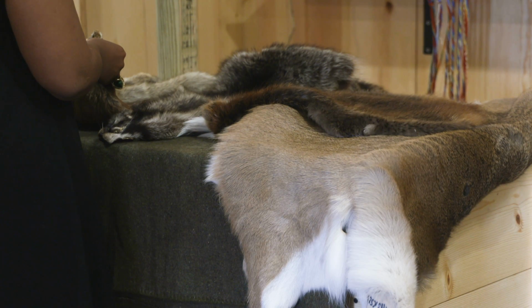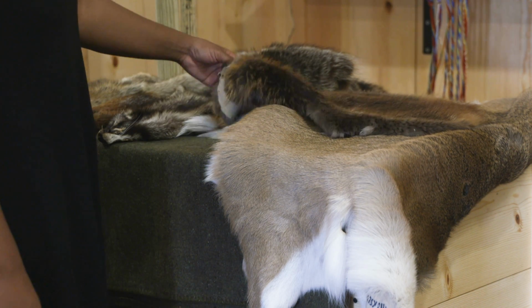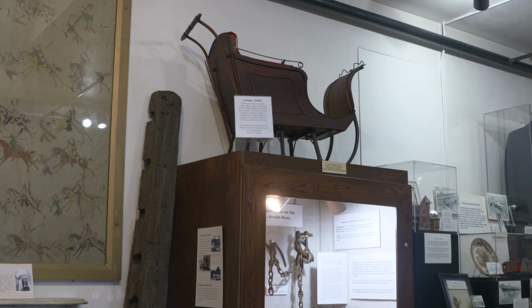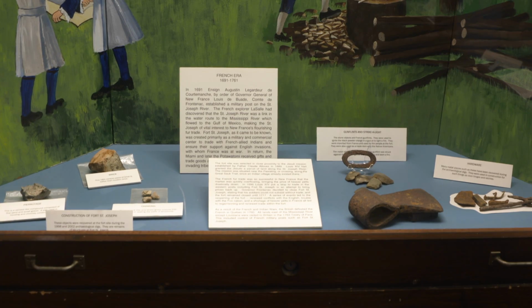We wanted to give people an idea of what it would have been like to be a resident of Fort St. Joseph, a trader coming to visit, and how those two cultures interacted and how that trading actually worked. So we put together this fort, and there's different animals that you can trade with, and we're adding in examples of some of the goods that were brought by the European nations as well. Some brass kettles, different cloth, wool blankets, and different items like that. You can barter, you can dress up like a French voyageur, you can look at a trade list of past items, and you can get a little idea of what it was like to live in this area during that